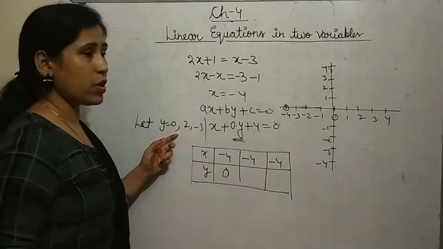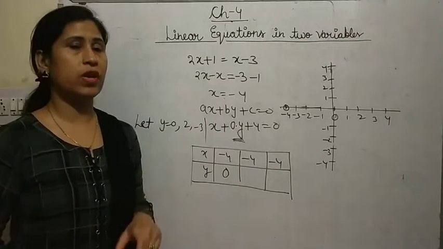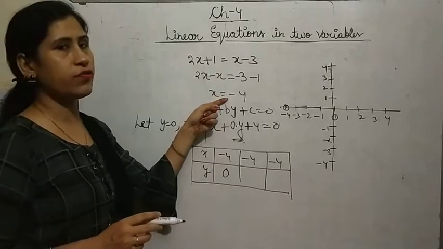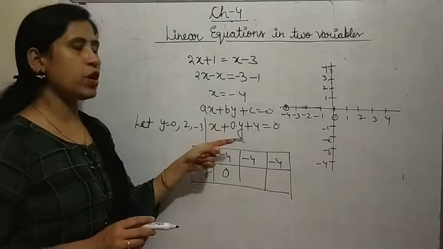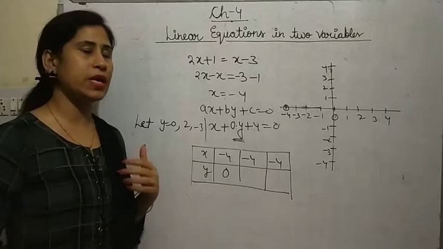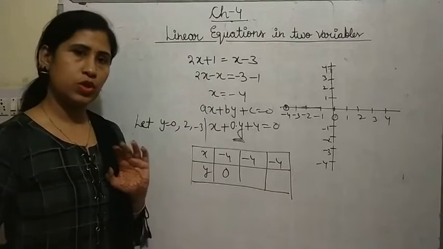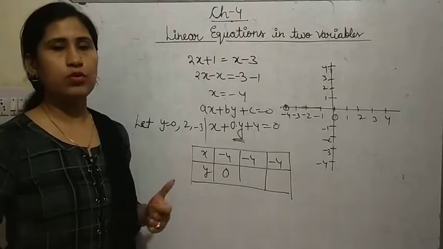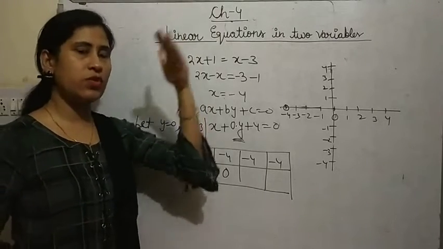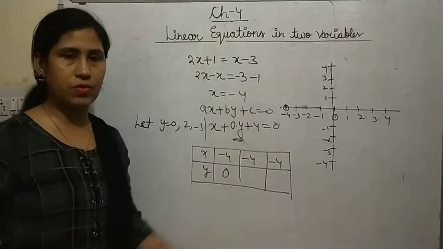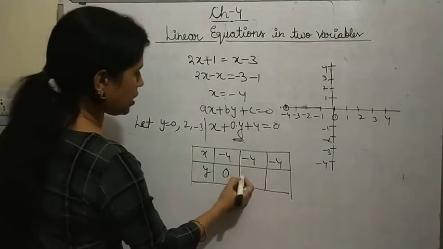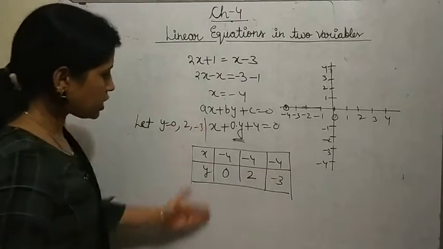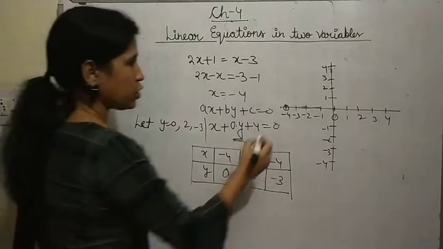Why are we taking these? Because we have to look at the coordinate which will come in the form of x and y. But my equation has come as x is equal to minus 4 only. So whatever y value you take, we are taking it as a formality to look at the graph paper. Whatever we can assume. But I want to show, so I am taking one positive, one negative and one 0. So one straight line will come. Here when I take y is equal to 2, then x is minus 4, and when I take minus 3, also minus 4. Now these points I have to look at on the graph paper.